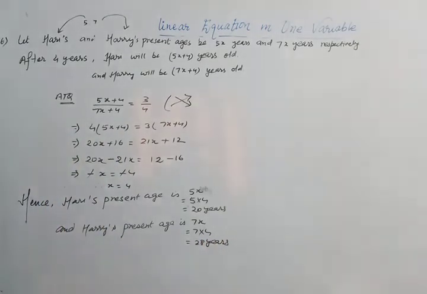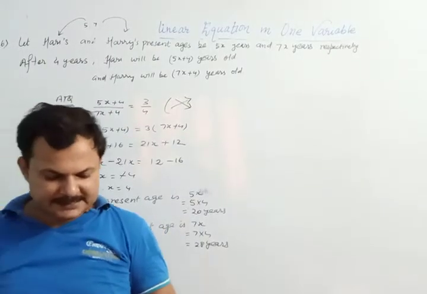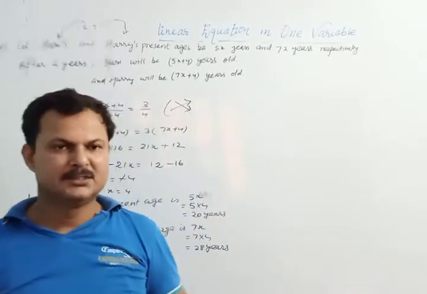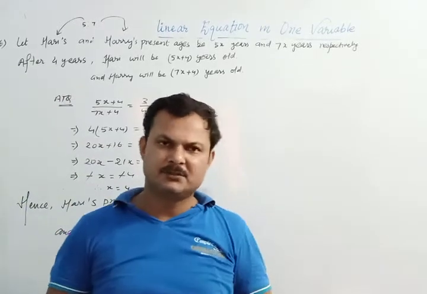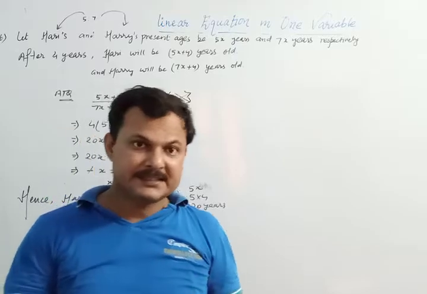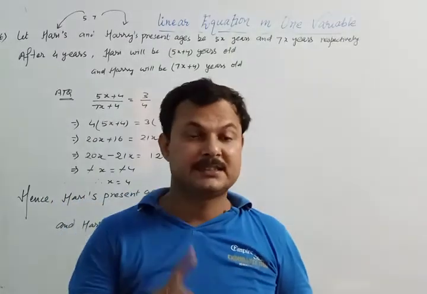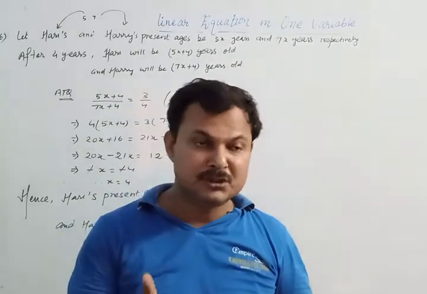Now the last question of this exercise. The denominator of a rational number is greater than its numerator by 8. Numerator and denominator are related to each other, and the question is stating that the denominator of the given rational number is 8 more than its numerator. So which one is smaller? Numerator. So first of all, we will assume the numerator.